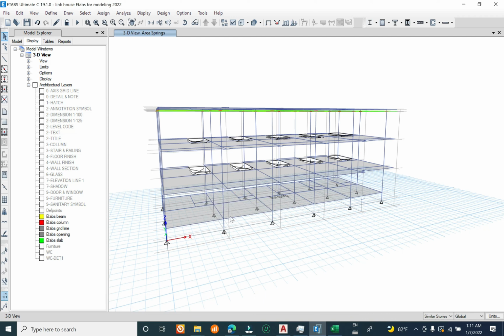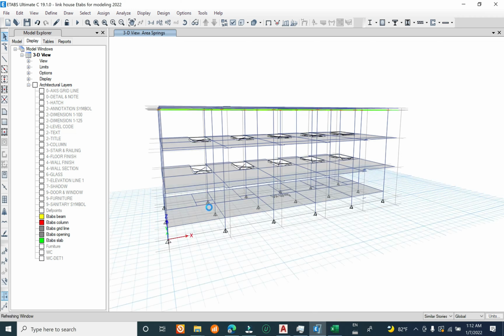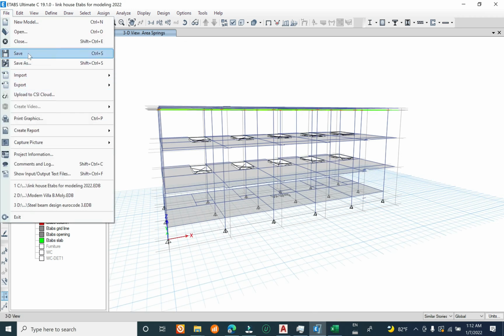Okay, you can check and modify the case as you want, and you can compare in case you have to assign soil spring and other case you do not assign soil spring. What is the difference between the total load and the survey load? You can observe by yourself. Okay, but in the case we had to assign soil spring to resist the same load at the bottom and to enhance our stem column. Okay,